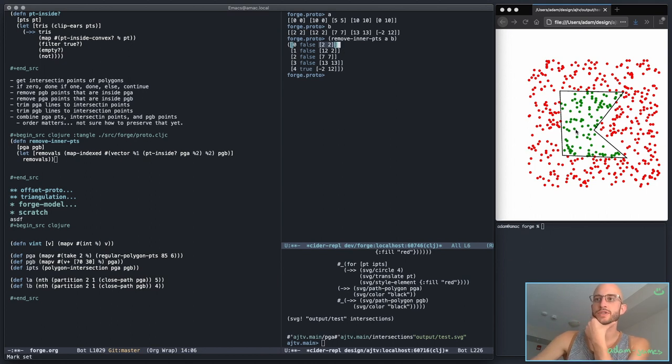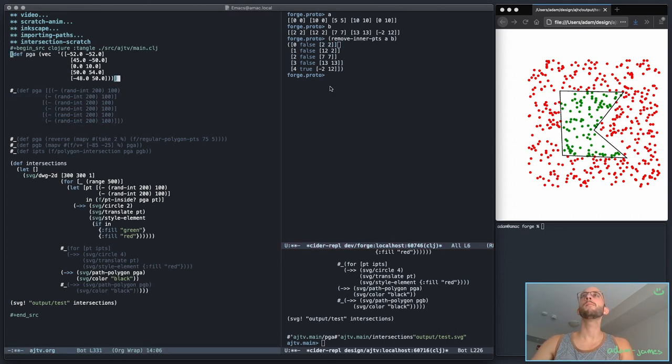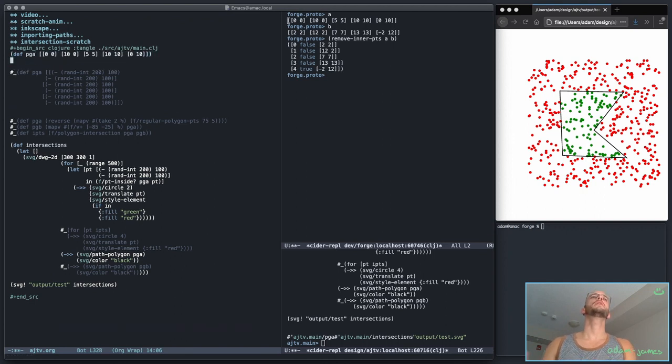Maybe I should have a little reference image here, just to be safe. I think that's not a bad idea, actually. Let me pop over here and do a little draw. Let me define A to be this. And this is a mess of a definition. Let's clean that up a little bit there. Beautiful. Okay. And def pgb is just this. Right, so if I run with that as a definition in here,